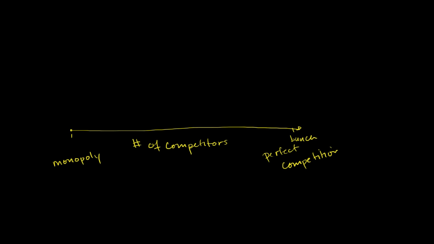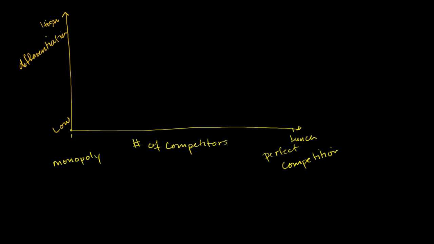In this axis, in the vertical axis, I want to think about how differentiated the competitors in the market are. How different are their products or their brands? Differentiation in the market. And this was low differentiation, and this is high. This is high differentiation. So let's think of a bunch of industries and think about where they sit here. And then I'll introduce you to two new words other than just a monopoly or perfect competition.